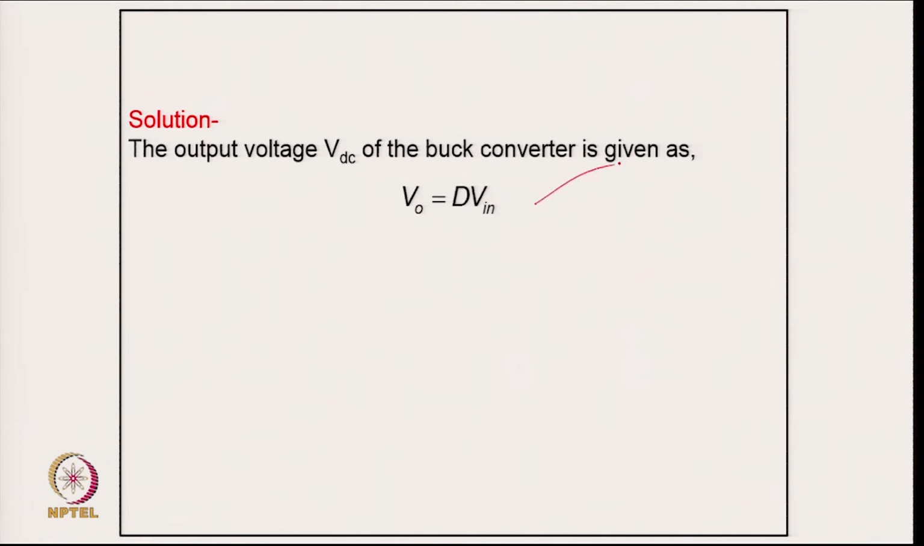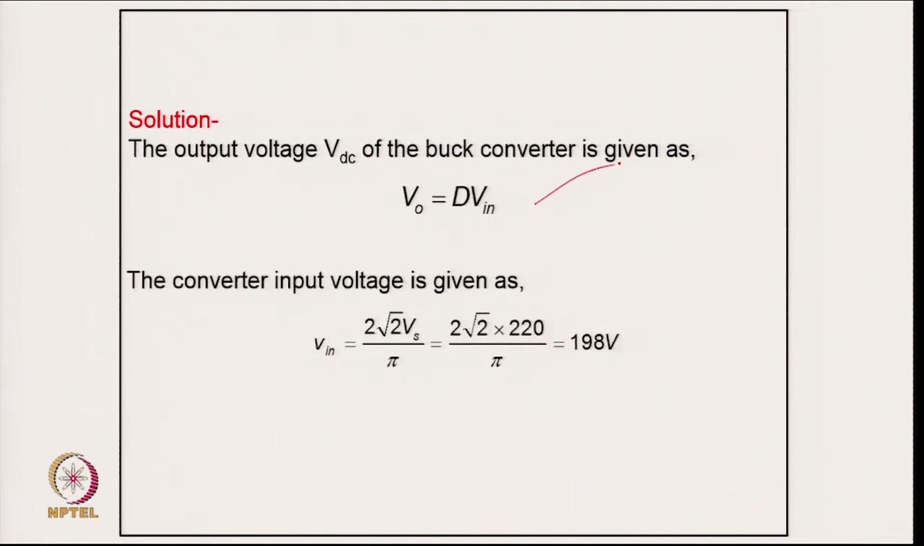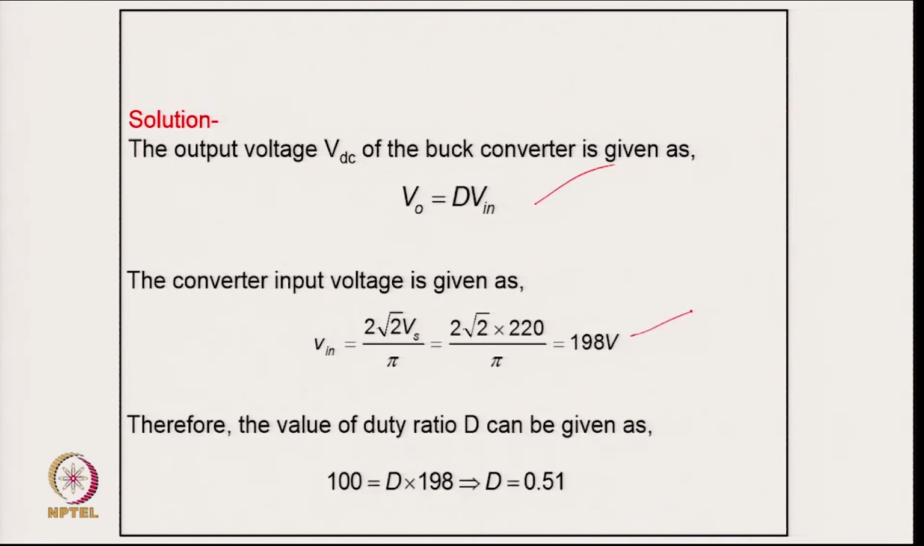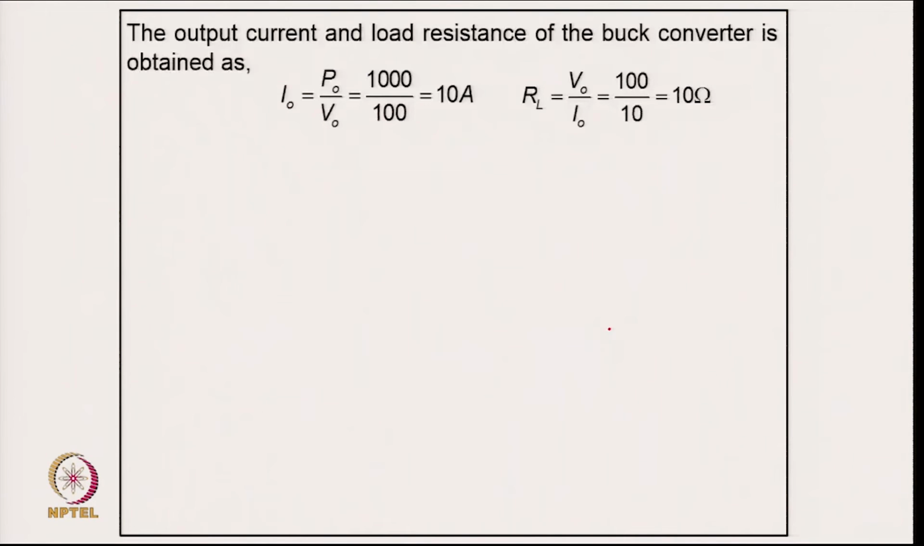And the solution is that output voltage is D times Vin. So, we can have the average input voltage after the diode rectifier, then we can find out the duty cycle from the given output voltage and from this voltage under nominal condition, and then of course the load current, the output current, and from this we can find out the equivalent load resistance, and from